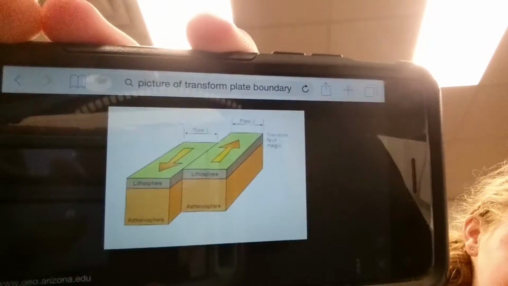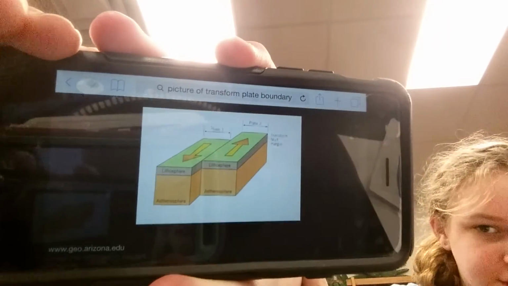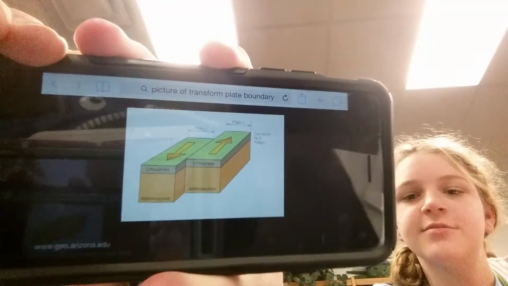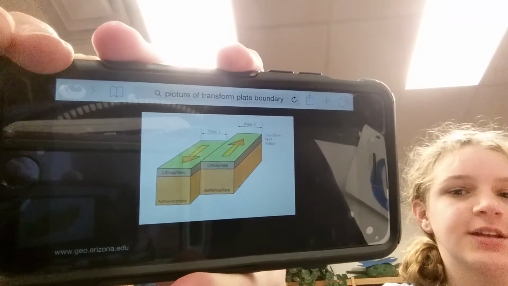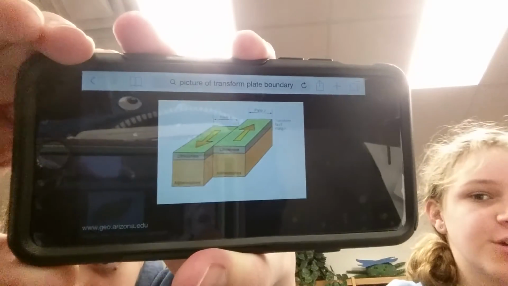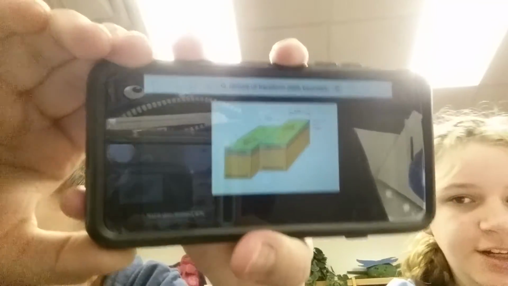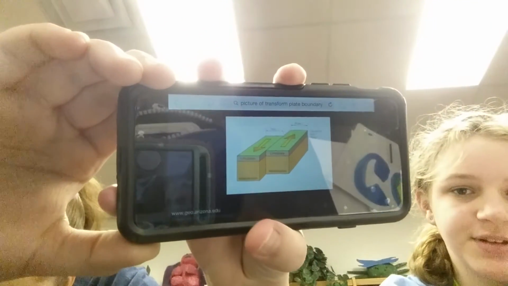The fault was first identified in 1895 by Professor of Geology Andrew Lawson at UC Berkeley, who discovered the northern zone. This is yet another picture of a transform plate boundary, and as you see the arrows, which show how the plates move, it shows what basically a transform plate boundary is. They're sliding past each other, and this can cause earthquakes because sliding causes friction, and because plates don't fit perfectly together like this.